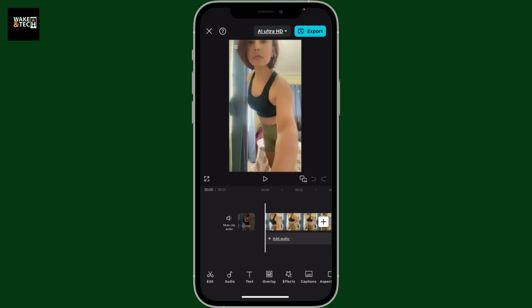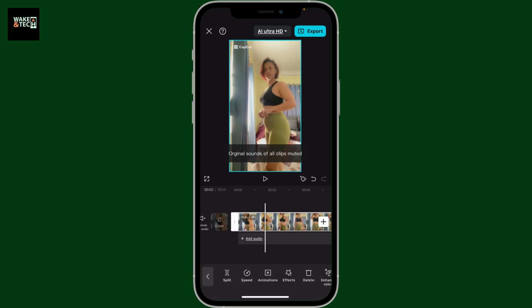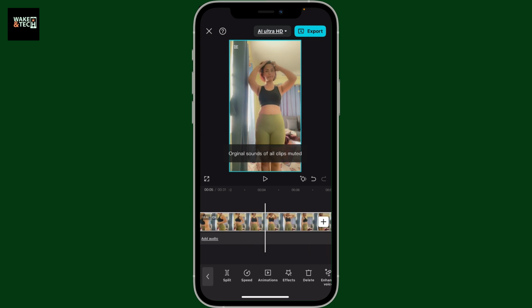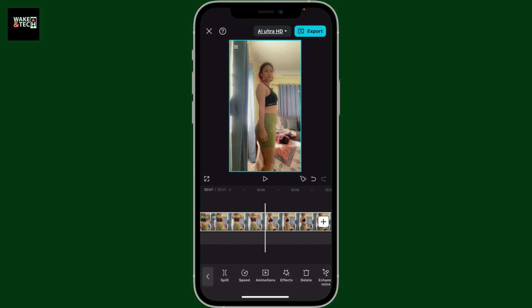After you have the video on your timeline, go ahead and tap on the video layer on the screen and drag it along to the area where you want to freeze the frame. Now, go to the bottom of the screen and tap on Split in order to cut the video in two halves. Once you've split the video clip, tap on the portion of the video you want to freeze and then